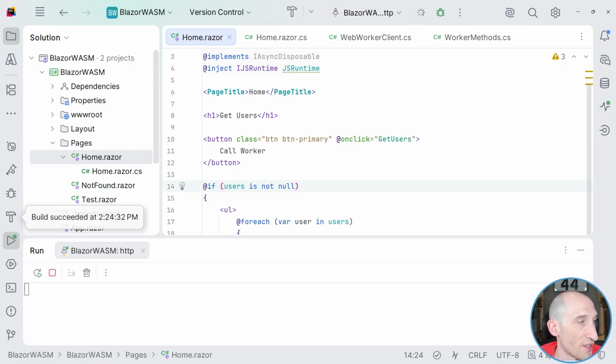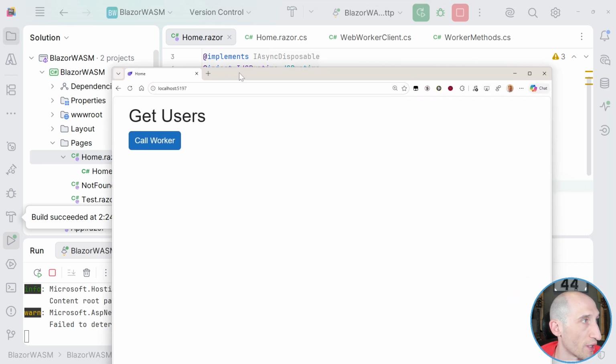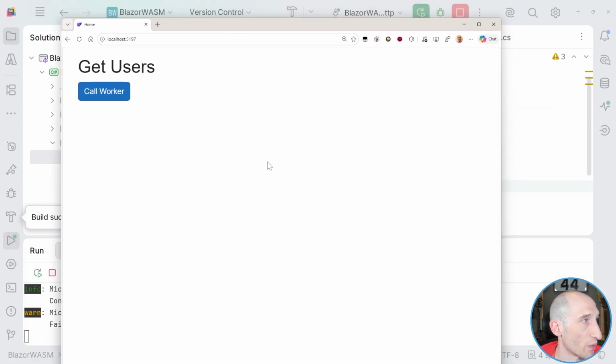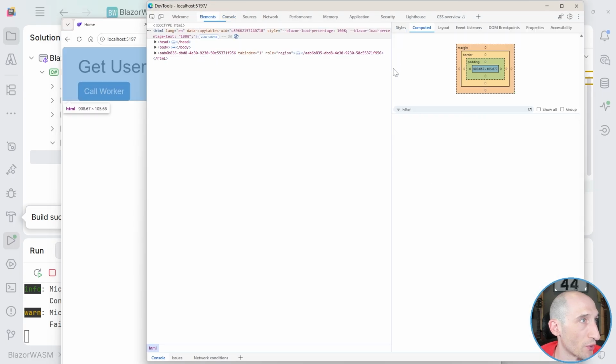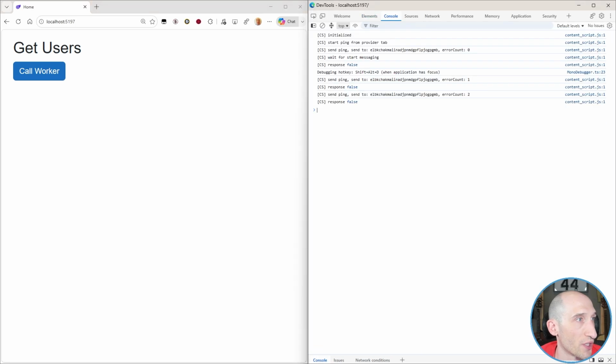So if I just run this, it's going to pop open the browser in a different window. I'm going to drag this over here. And this is what I want to show that's really, really important. I can go into the developer tools here and let's just pin this. As you can see on the left-hand side, I have my UI, and on the right-hand side, I have developer tools. So if I go into the console and I click call worker,